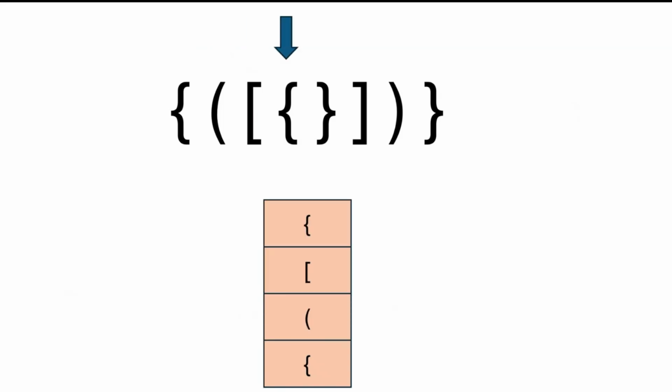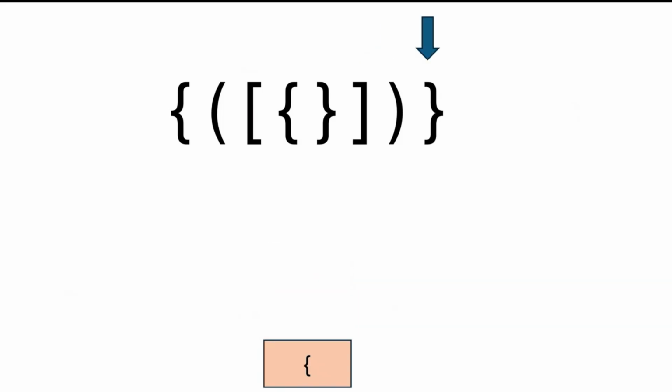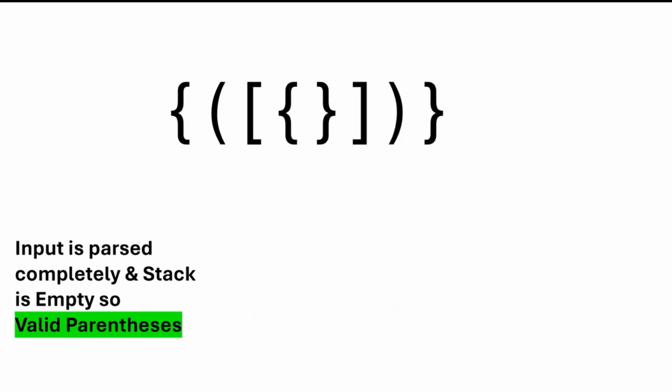Now we'll continue that till we hit the closing bracket. Whenever we hit a close bracket, we need to check what was the last open bracket, which is the curly bracket. So it is of the same type. So continue. Now this is the closing square bracket. Check what is the open bracket now, which is a square bracket. So it is correct. So this is also correct, and like this we completed the input parsing, and the stack is